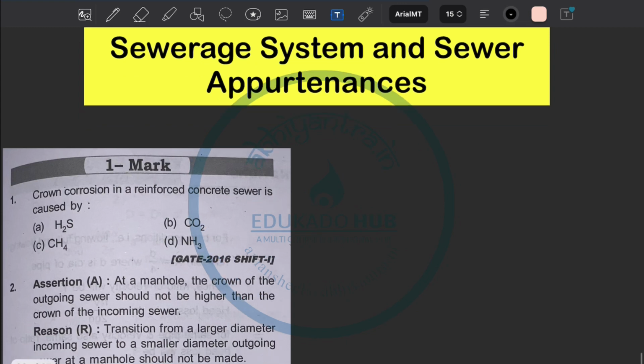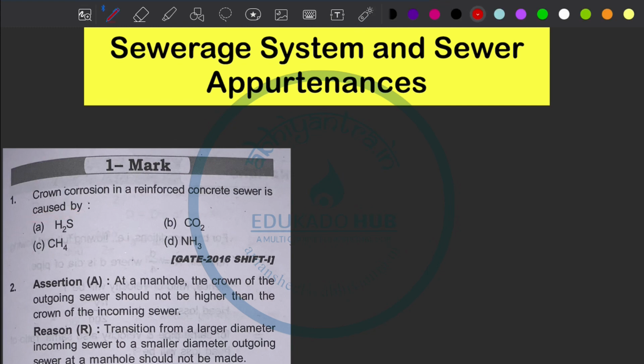So, the very first question which came in GATE 2016. See, this chapter is not that important, but yeah, whatever questions came in the previous year exams, we should just solve them out and we should get an idea that what kind of questions can come in the exam. Okay, let's start the first question, which says that crown corrosion in a reinforced sewage concrete is caused by, see,